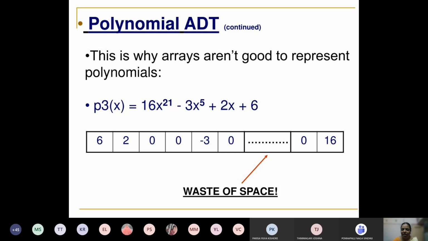But with a linked list, we can store two values in each node: the coefficient and the exponent.